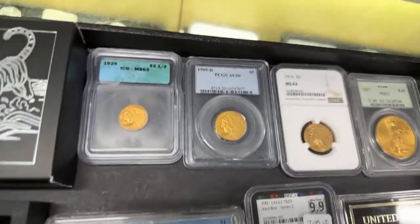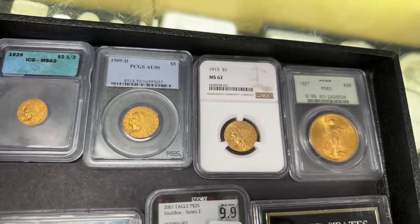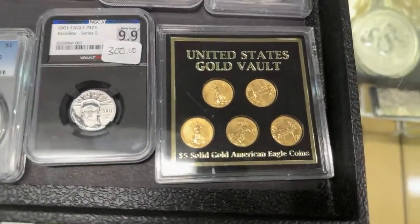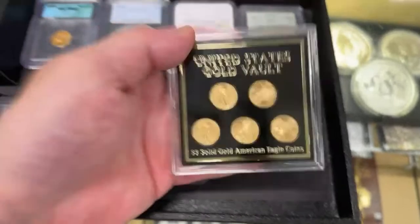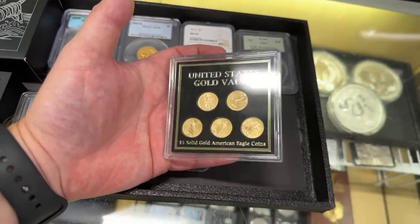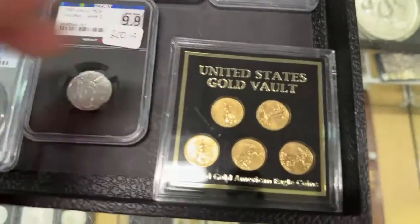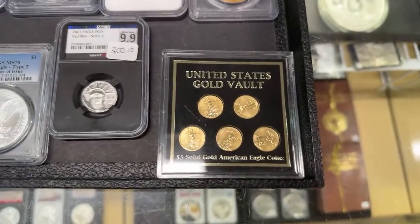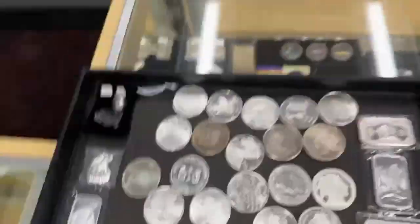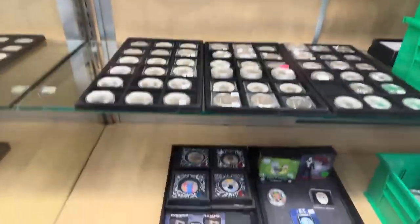Here's a couple gold coins certified that are relatively new. Some of these may have seen the camera before. And then I really like this 5-coin Gold Eagle set. These are 1/10 ounce Gold Eagle coins, and these have come down in price as well. I just quoted somebody today and I was surprised they're as cheap as Maple Leafs right now. They have about the same wholesale cost, whereas before they were $10 to $20 more than Maple Leafs. So pretty cool. So swinging over here, we'll focus in on the silver bullion case,